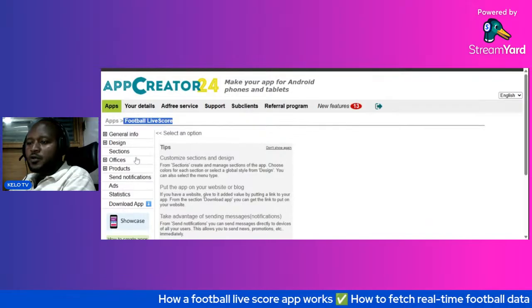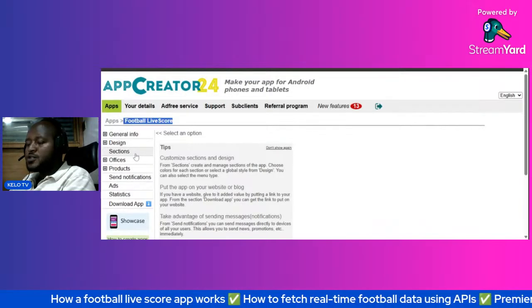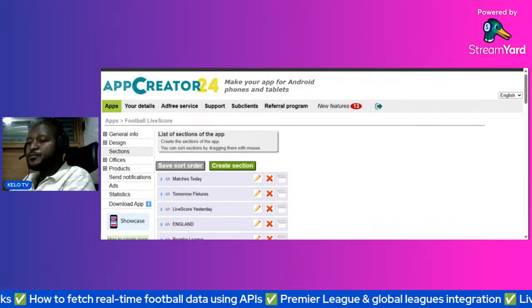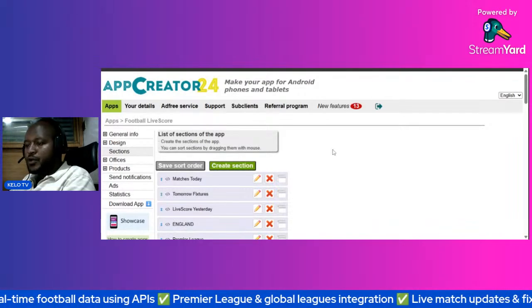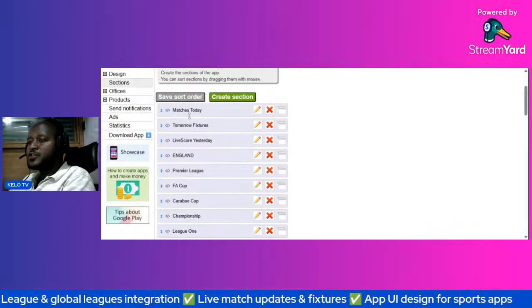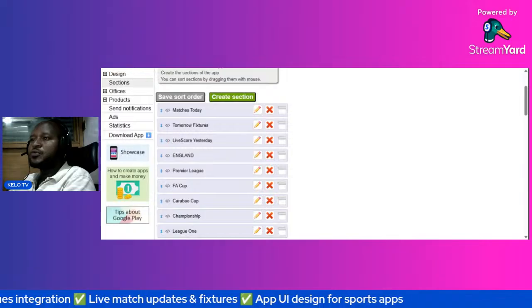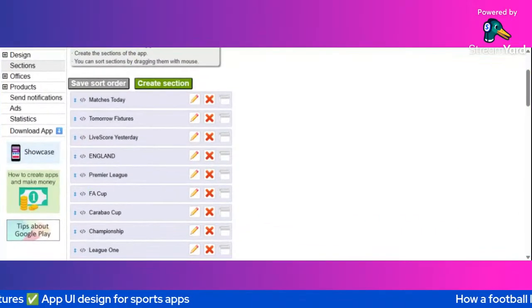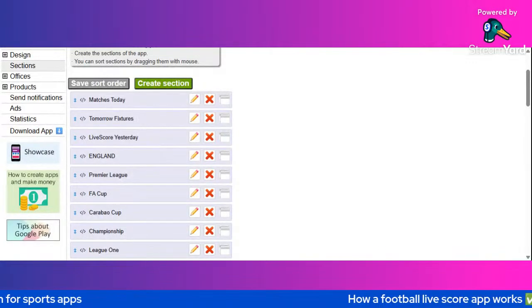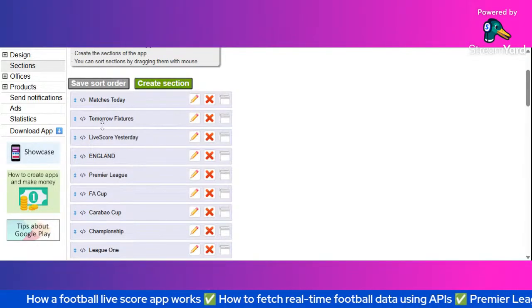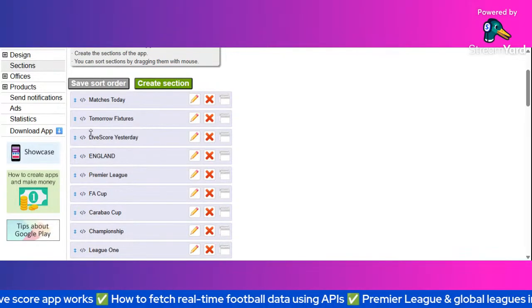So here, if I go to sections, this is where you see how I created all these apps. Okay, here you can see matches today, and you can see tomorrow. Let me automate white so that you'll be able to see. Okay, so you can see this is matches today, and this you can see tomorrow features matches where you can